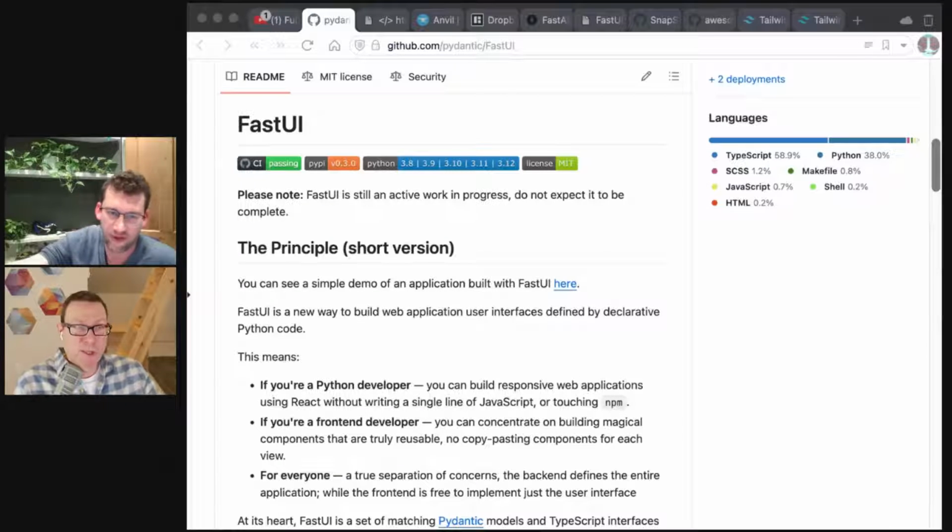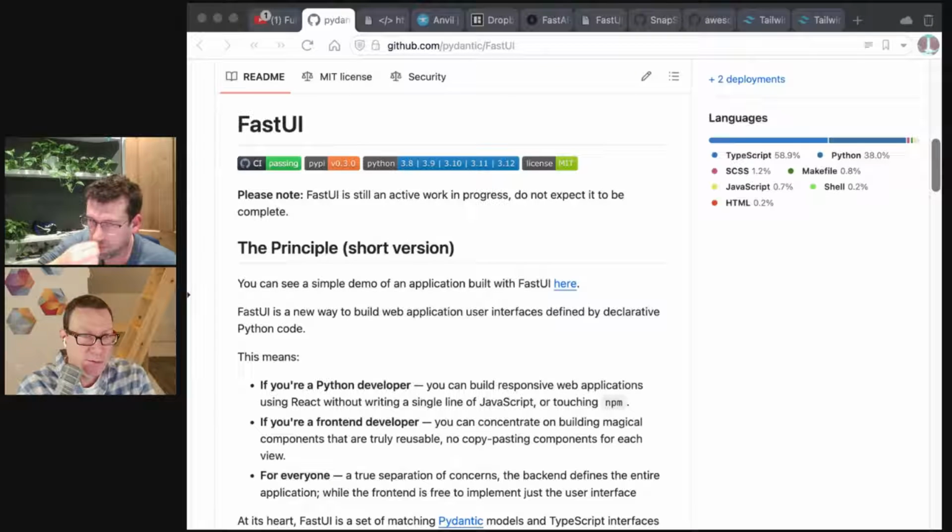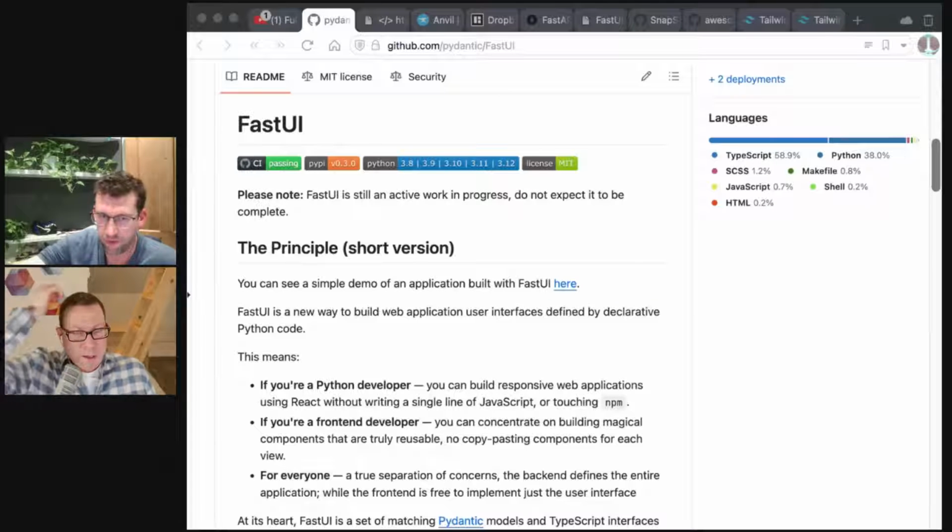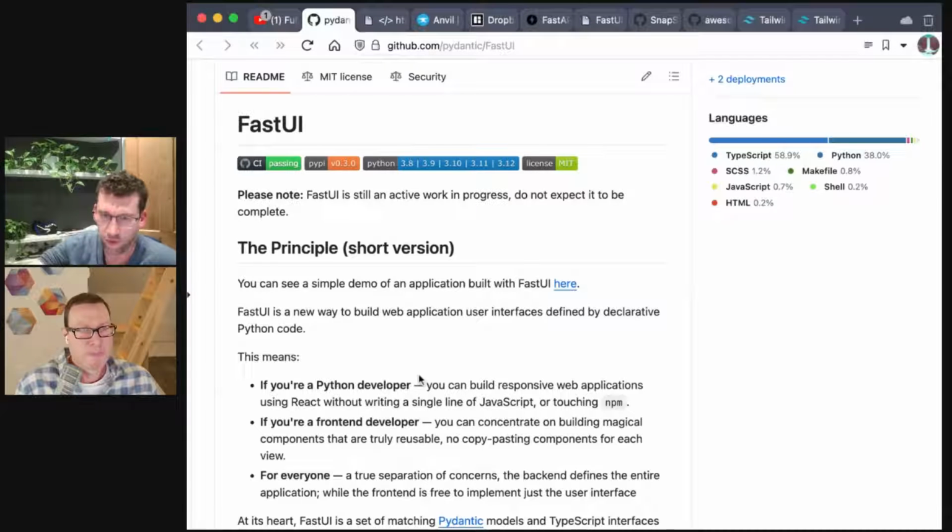Something more like Gmail, less like here's a table that I can click on and see some related table. Right, exactly. And what I should probably have put in the demo, and where Pydantic is most associated and where this is going to be most useful, is within forms. So I don't know if you want to go to the demo and I can talk people through, but a lot of the logic within FastUI is dedicated to forms.